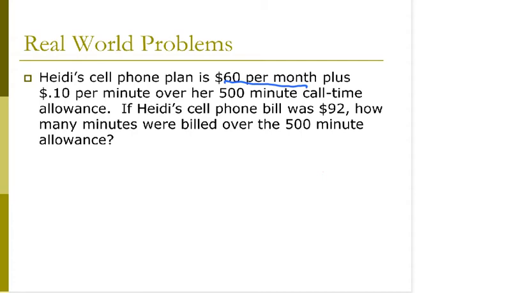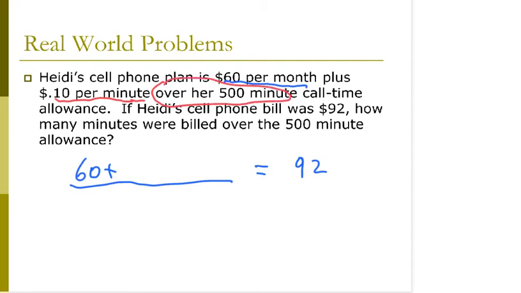So she's going to be charged $60. We know her total bill was $92. So after we add the $60 plus whatever is going to happen that month, it all has to add up to $92. So the other part of her bill, besides the $60, is this 10 cents per minute, but it says it has to be over 500 minutes. So it's going to be 10 cents times some unknown amount, and the unknown amount is the amount over 500